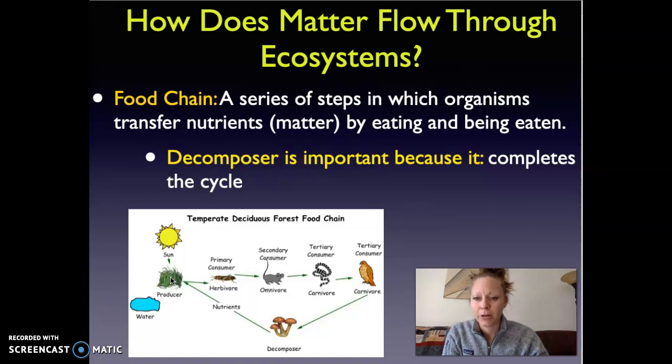But we're talking about matter, so let's talk about the carbon, the nitrogen, the oxygen, the phosphorus. The nutrients, the carbon, the hydrogen, the oxygen, the phosphorus, the sulfur, are eaten by a primary consumer. All of those nutrients, not just 10%, are going to be passed on to the secondary consumer. The secondary consumer is going to be eaten by a tertiary consumer. All of the nutrients are going to be passed on, and what isn't used is passed as waste. And then we have our top predator.